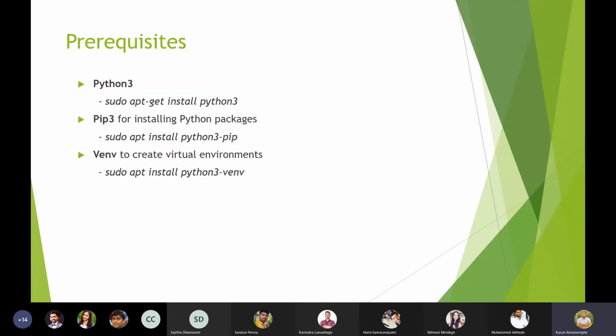To get started, Django needs Python 3 and pip 3 for installing the required Python packages, and usually every Python project is recommended to use a virtual environment. A virtual environment allows us to isolate the development environment, so we can minimize dependency issues between projects. These are the commands for